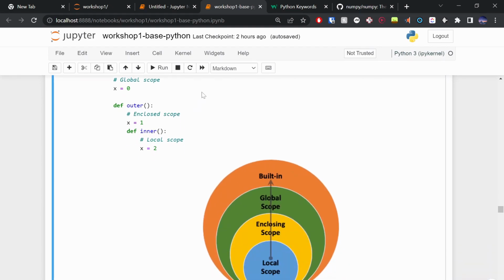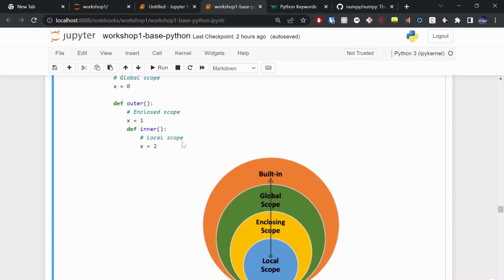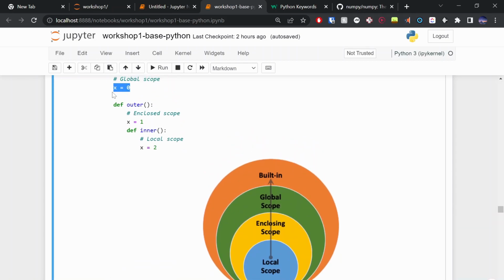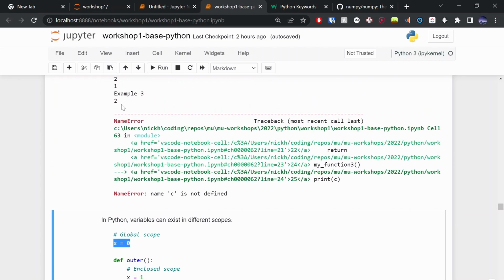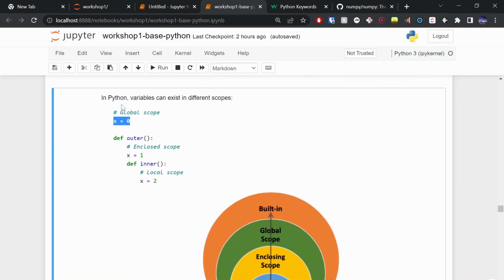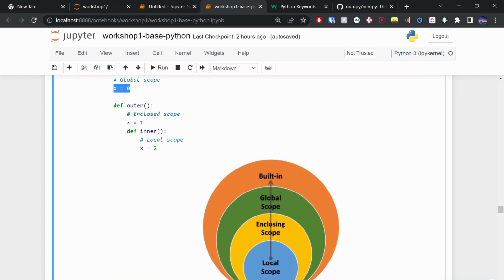So there's 4 types of scope. There's local scope, enclosing scope. Enclosing scope isn't really that important, so I'm just going to gloss over that, because it's rare that we define functions within functions. So we have local scope, global scope, which is when you just have no function, it's just lying out there. And we have built-in scope. If we're in local scope, we can access everything in built-in, global, and enclosing scope. But local scope takes priority, right?